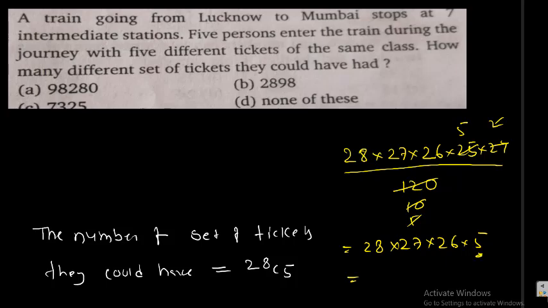I think here 5 and even number, it ends with 0. So this is not the right answer. I think the answer may be A and D, and cross check. So after multiplying, okay, I think you will get this, 98,280. Okay, I can say this is the answer to the problem.